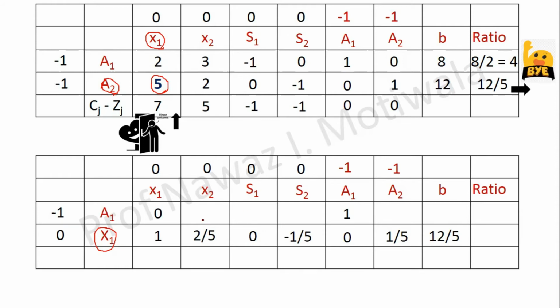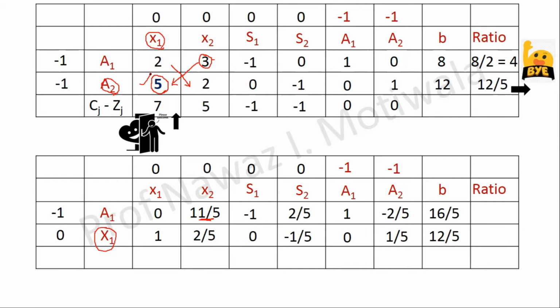Next step is to find the values at these particular locations. So let us go by this. For x2 and a1, this is my corresponding location here. What I need to do is just cross multiply. So it will be 3 multiplied by 5, 15, minus 2 into 2, that is 4. So 15 minus 4, I will get 11, and dividing it by the key element, that is 5, I will get the answer as 11 by 5. Similarly, I will calculate for all other requirements, and I will get answers as -1, 2 by 5, -2 by 5, 16 by 5, etc.